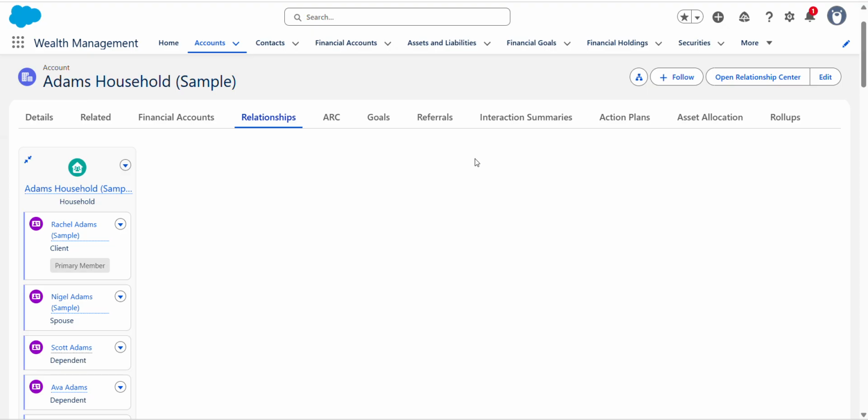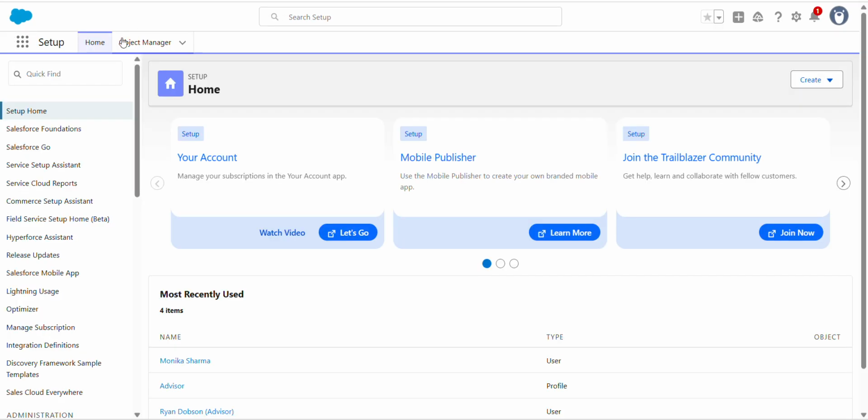So in today's session, we are going to talk about roll-up summaries. In Financial Service Cloud, client data like tasks, events, and financial accounts are all aggregated or rolled up into the client's financial summary. The summarized data makes it easy to see the client's complete financial picture. So we are using custom objects. Let me just show you.